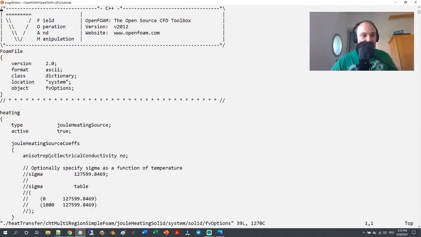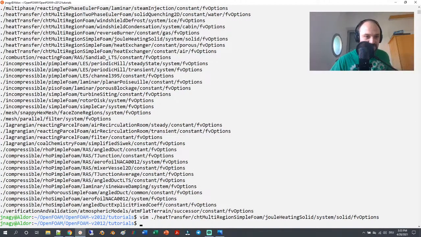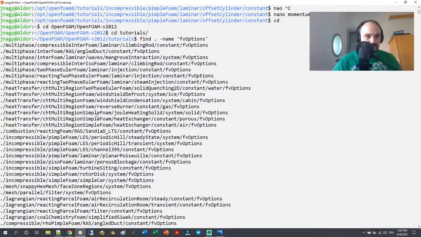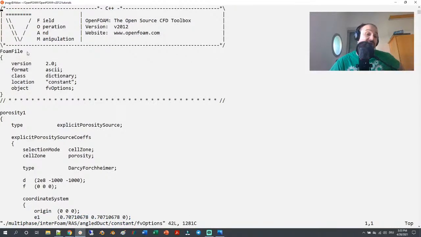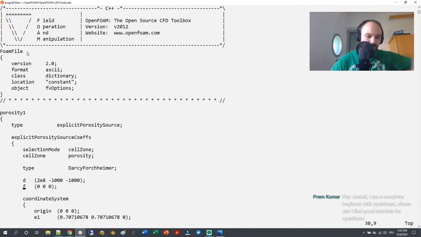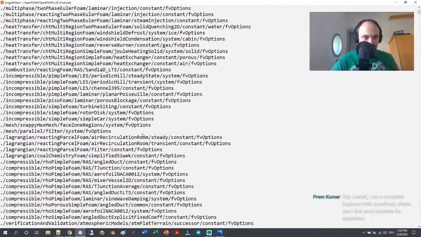So if I just open it up, yeah, so here Joule heating. So here it is disabled, so that's not a very good example. So let me just see where can we find something more interesting. Okay, so what's this in interFoam? That could also be something interesting. Okay, so this is now porosity. That's also not something I'm not sure where I can find now a quick